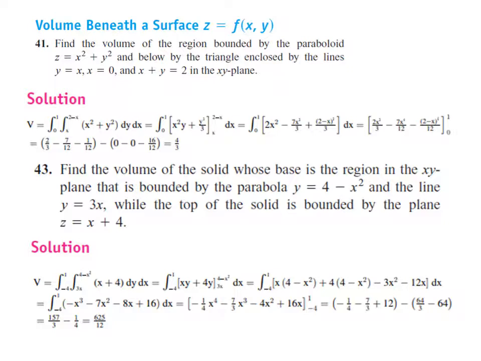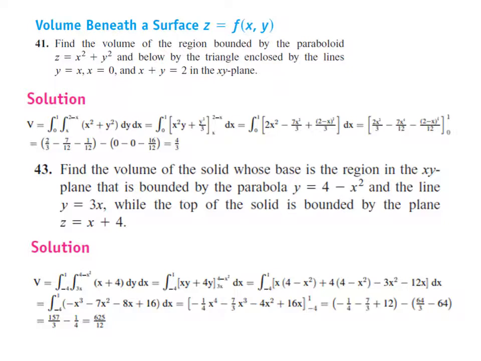Let us integrate with respect to y, then with respect to x. So the integration of x square with respect to y is x square into y, plus the integration of y square is y cube by 3. Let us apply the upper limit 2 minus x and the lower limit x. So we will have the result: integration from 0 to 1 of 2x square minus 7x square by 3 plus (2 minus x) whole cube by 3. Let us integrate with respect to x. So this implies 2x cube by 3 minus 7x to the power of 4 by 12 minus (2 minus x) to the power of 4 by 12, limits 0 to 1. So we will have the result 4 by 3.